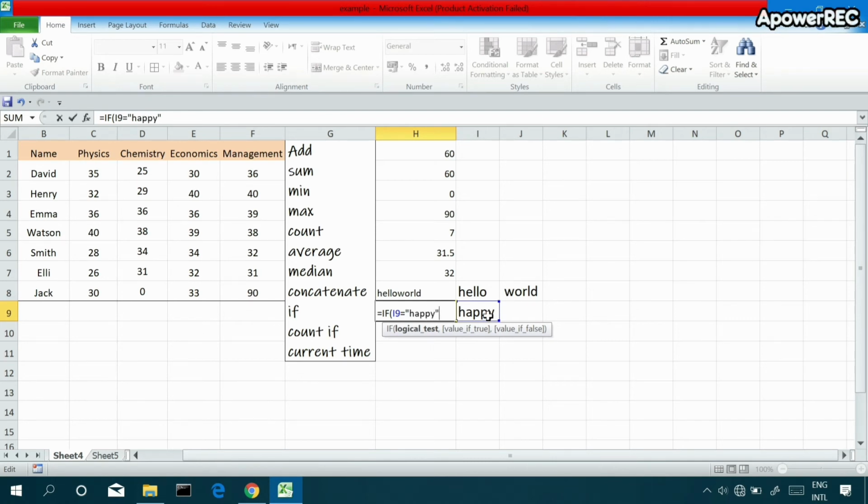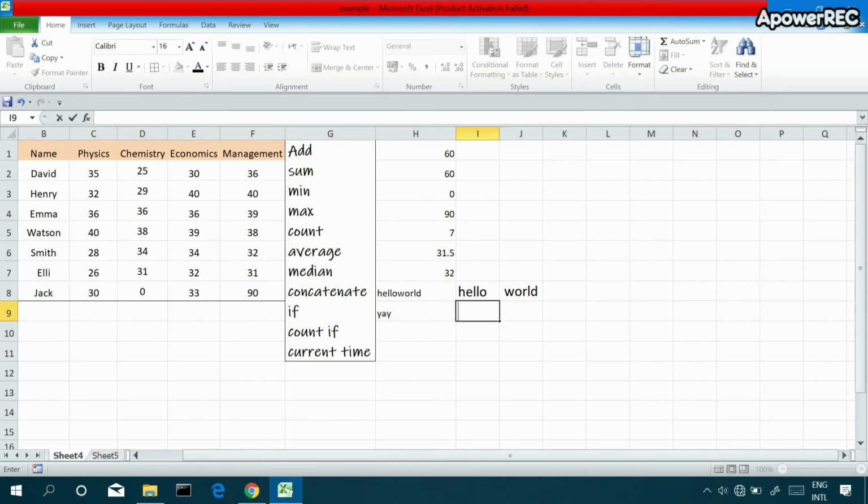My condition goes true, then it must show me yay. If it is false, then it will show me no. Close the parenthesis, enter. You can see my condition is true, that's why it shows me yay.